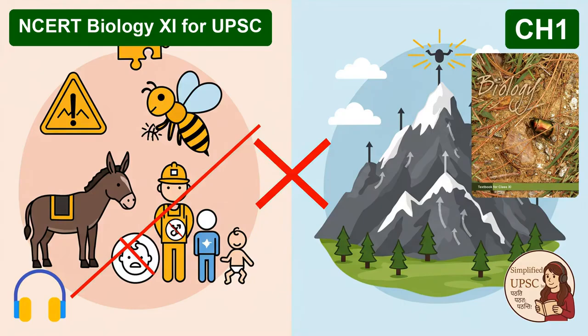Exactly. So let's start with the most obvious one, but the one that causes the first big problem. Growth. Right. So growth is defined in two ways. It's an increase in mass, and it's also an increase in the number of individuals, for single-celled organisms especially. Exactly. Now, in multicellular organisms like us or plants, growth is all about cell division. And there's a difference: plants can keep growing their whole lives, right? They have what's called indeterminate growth. Yes, it's continuous, whereas in animals, it generally stops after a certain age.